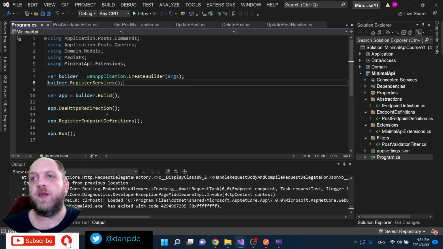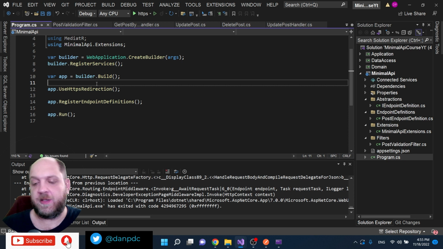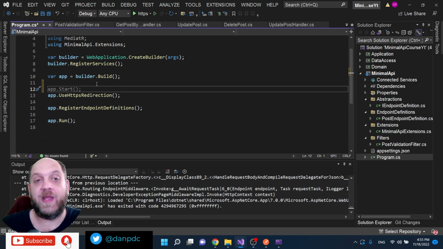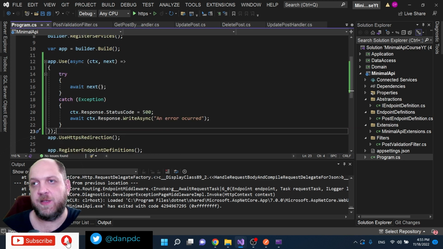Now, where to put this middleware? Of course, like we do in regular ASP.NET Core applications, here is where we actually configure our middleware pipeline. And the exception filter should actually be the first in the pipeline because it would also be the last through which a request goes when something happens. And I will paste here this code for a very, very basic middleware, which